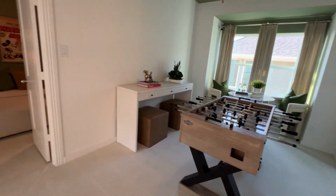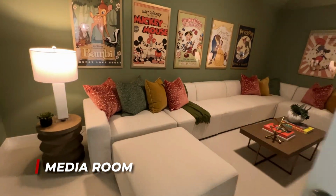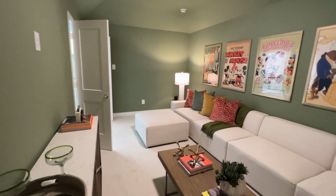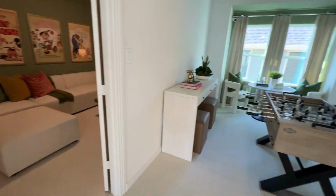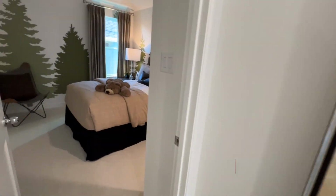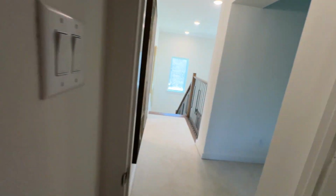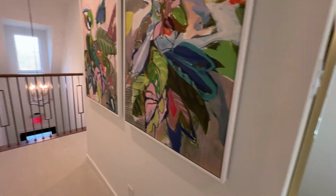But then this model shows you with a separate media room. Very nice, set up horizontally right now, but it could be vertically to allow more space for a true projector or media room. But you can see it's dark in there, it's nice, it's a media room to watch movies in, and right outside that is your gaming area. So then you keep walking toward the stairs again, and to the left is another secondary bedroom, really nice secondary bedroom with nice closets,